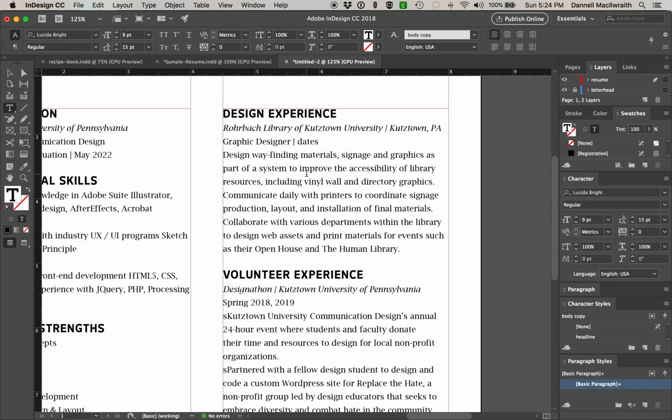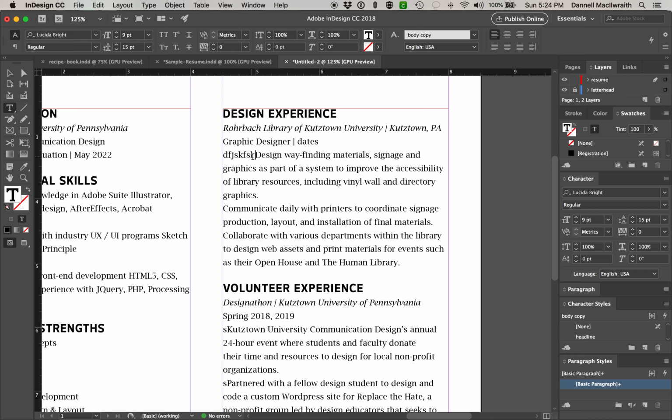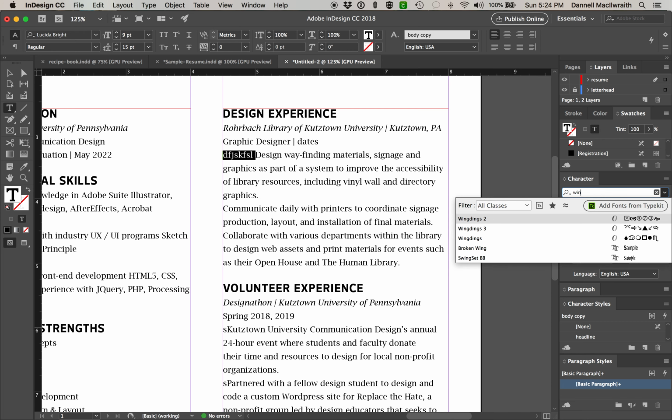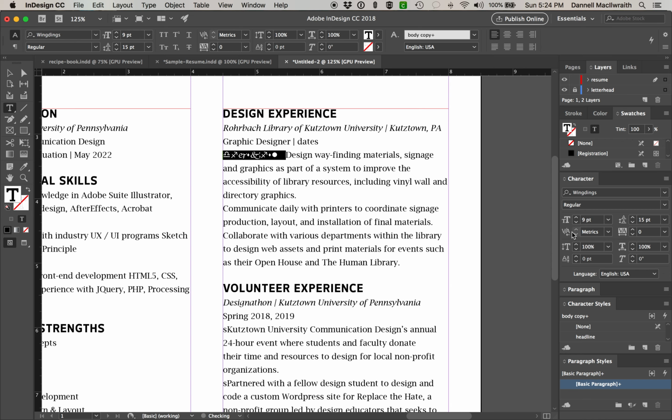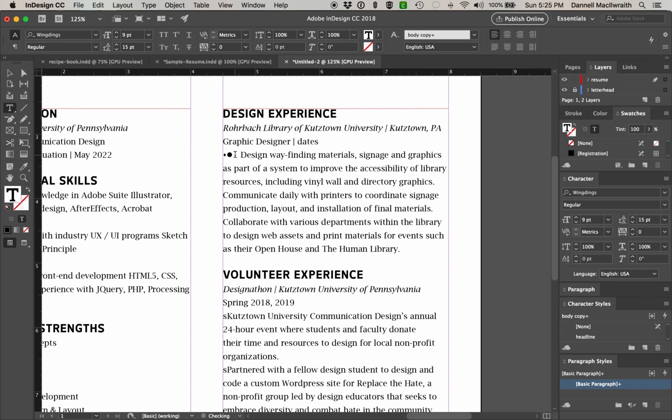I never know what wingding I want, so I just kind of type a couple letters out, random letters, and then I'll go over to my character palette and go to Wingdings. And you might have Wingdings 1, 2, or 3. You could choose any of these. You can use whatever kind of wingding you want. I'm going to use something in here. I don't know what. Oh, that little diamond I liked. There we go. So I have my hanging bullet here that I can copy and paste 3 times so it